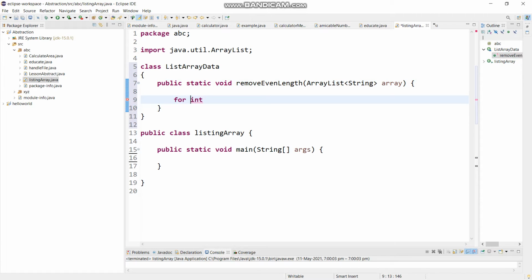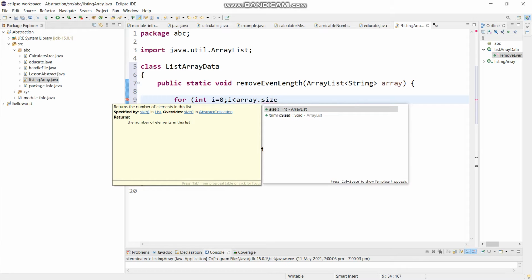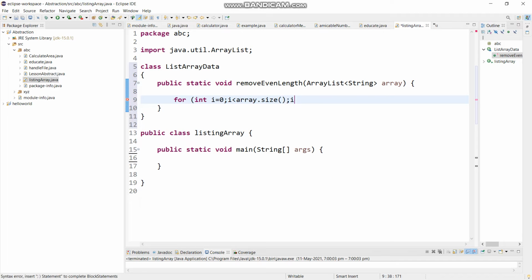Curly braces start. Inside this we are going to use for. We are going to take int i equals 0, and we will take that to the array dot size of this array, and i plus plus.